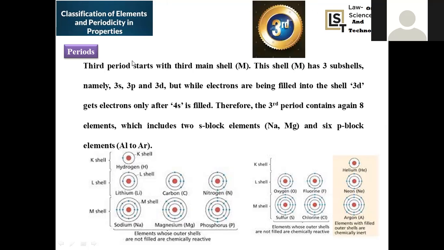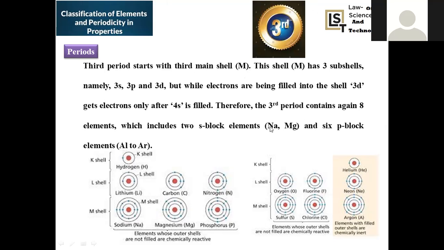Now move on to the third period, designated as M shell, where the principal quantum number n is equal to 3. In this, we have 3 subshells: 3s, 3p, and 3d, right? 3s means 2 elements, 3p means 6 elements, total 8. 8 plus 10 would be 18 elements in total. But here, again, 8 elements will reside in this period.